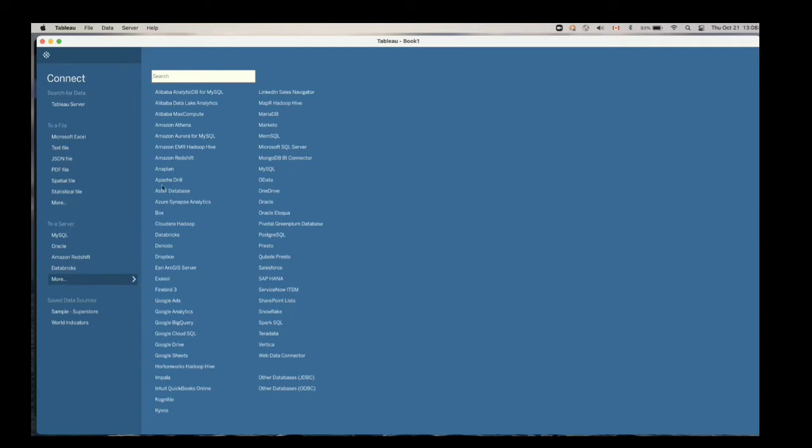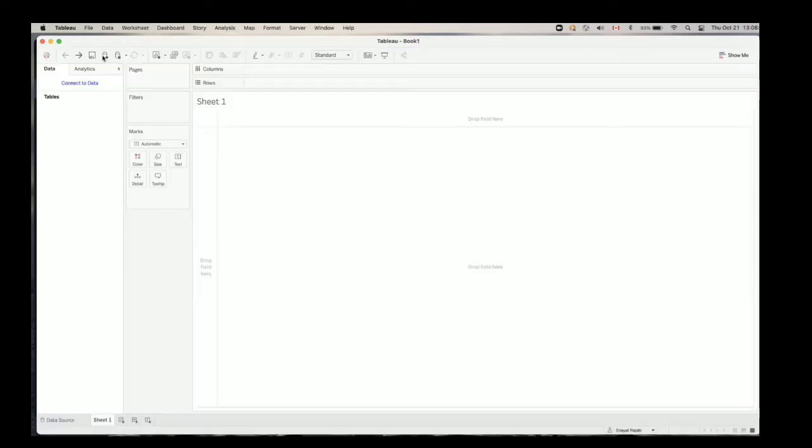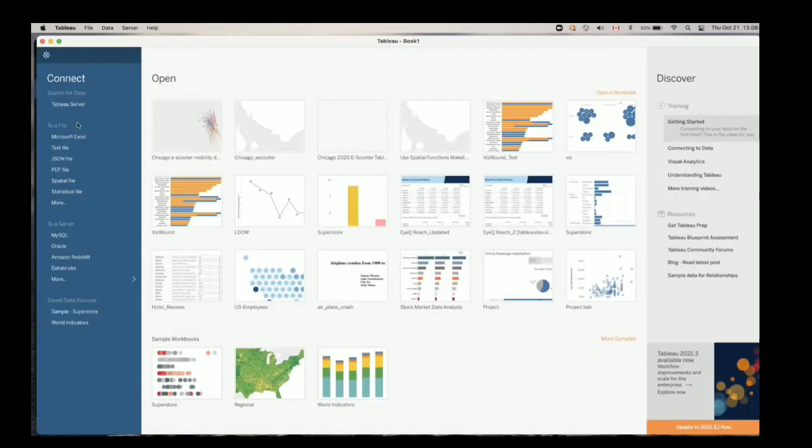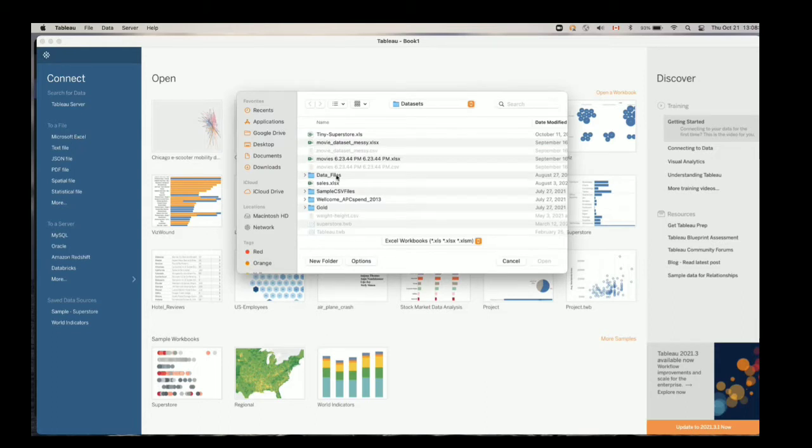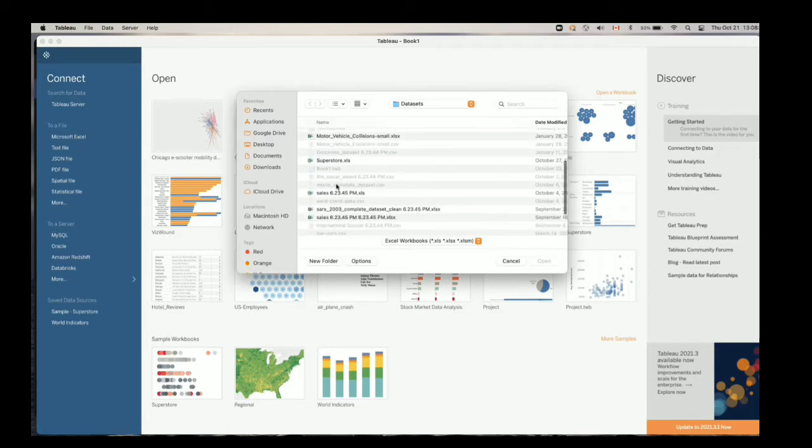When you click on more, you can see that we can connect to different software like MongoDB, OneDrive, Oracle, and all these kinds of data sources. For this demo, we want to connect to an Excel file. So to access the Excel file, I can click on Excel, and I have a data source named Superstore,